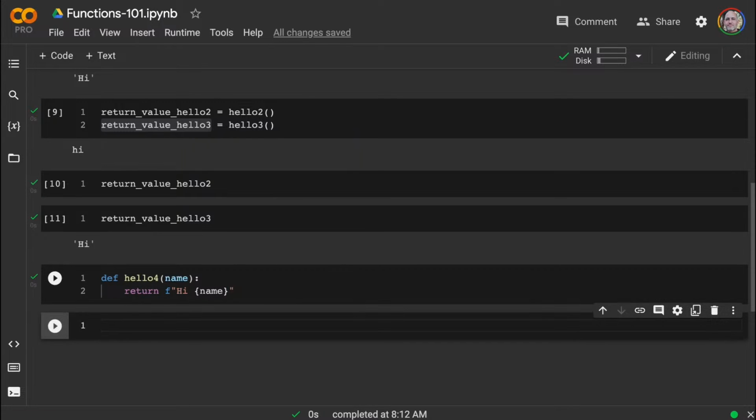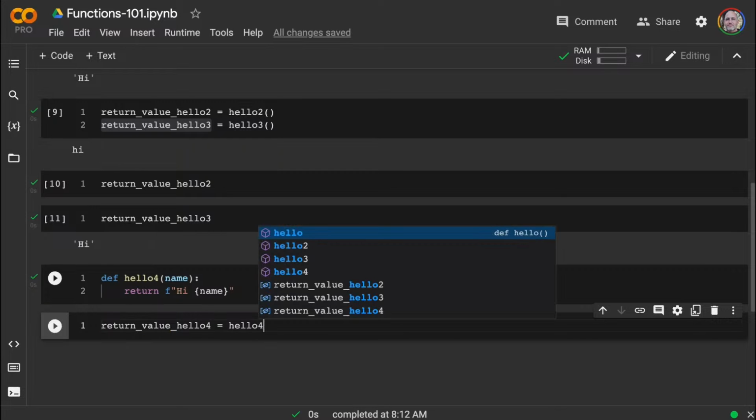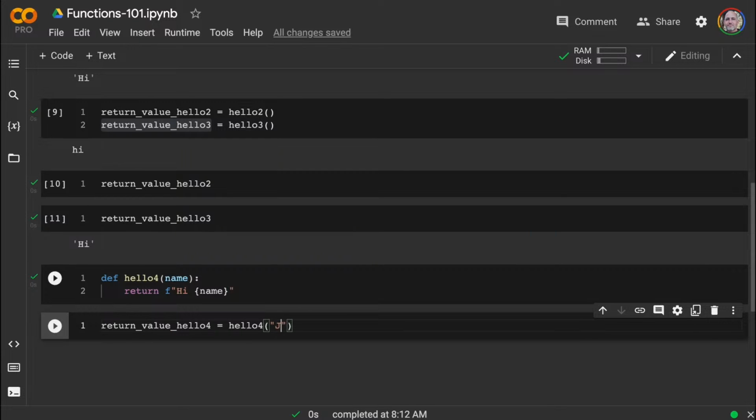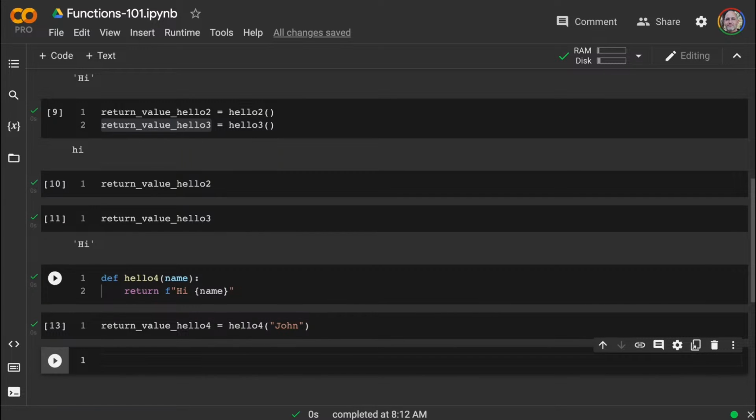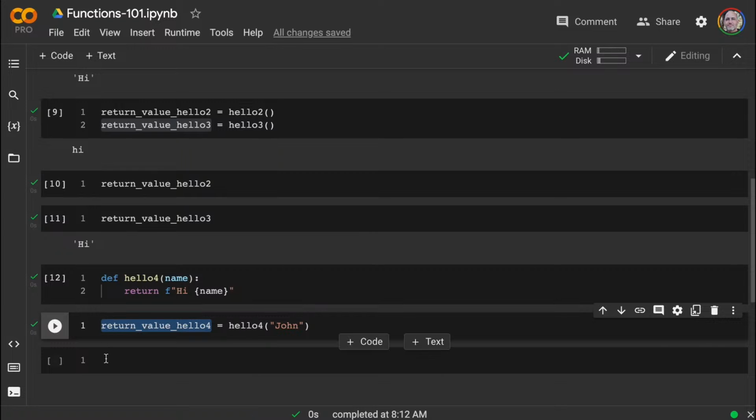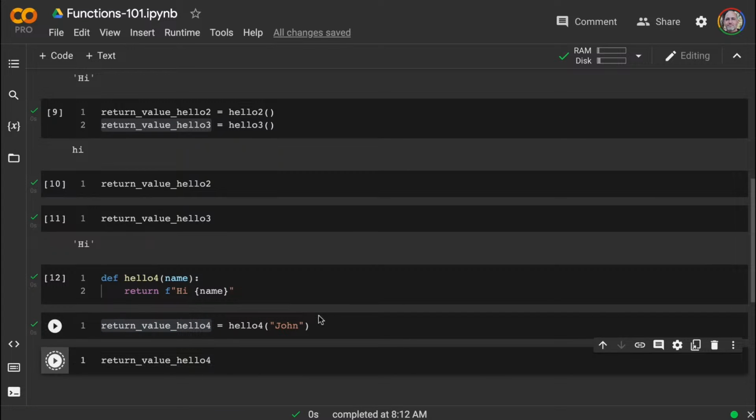And so now if I say return value of hello4, what we have is something a little bit different, and we'll just call this John here. There we go. And let's put that in there. Hi, John, right? So this pattern, even though it's intentionally extremely simple, is essentially what's happening with a Python